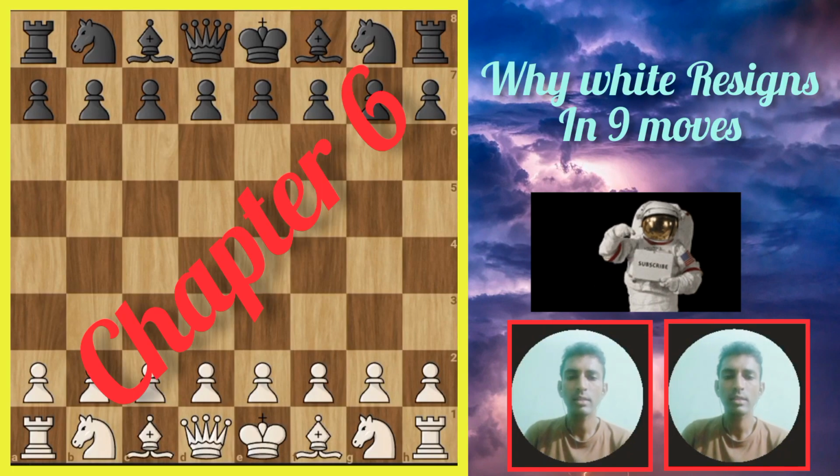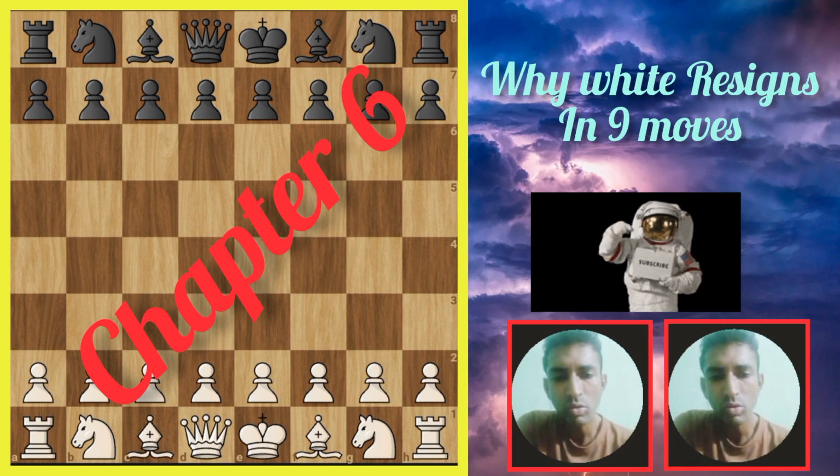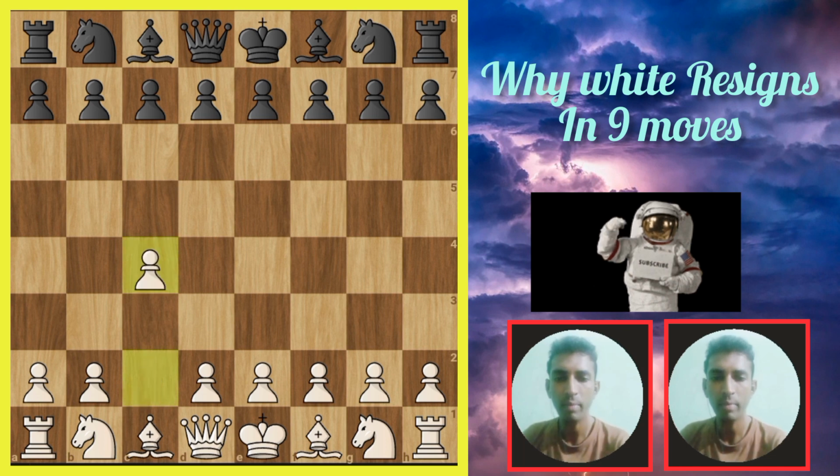Hello everyone, this is chapter 6, last chapter. Why resign in 9 moves only? I am going to explain right now. Let's start. C4, English opening,